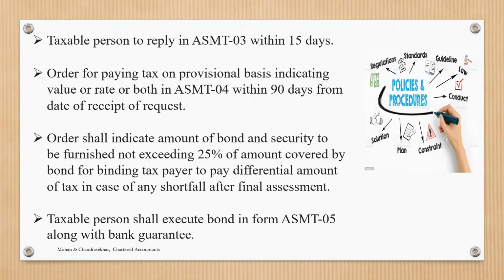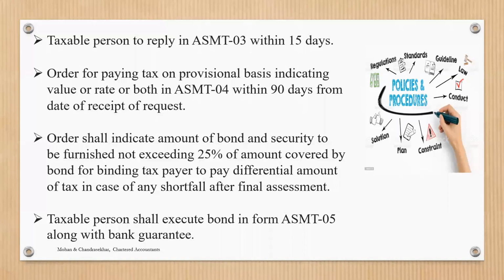Now, once the provisional amount is received, the registered person has to sign a bond, and he has to give a security. So generally in the ASMT 04 itself, the proper officer will tell you how much bond has to be signed and how much security has to be furnished. Generally a security amount should not exceed 25% of the bond value. Now what is this bond? The bond is basically,